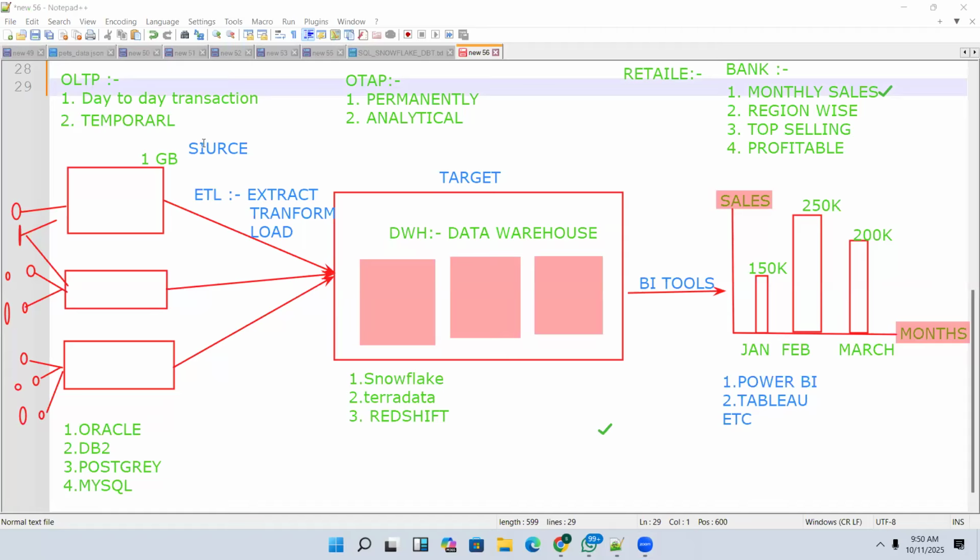What these ETL tools will do is extract the data, transform the data, and move it to the target. What are the different ETL tools available in the market? Have you heard about Informatica? I'm just giving some random names. ADF, Azure Data Factory, is also an ETL tool from Azure, meaning Microsoft. And if you go to AWS, Amazon services, there is Glue. Different ETL tools are available, guys.